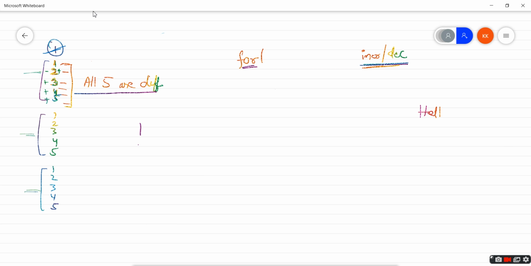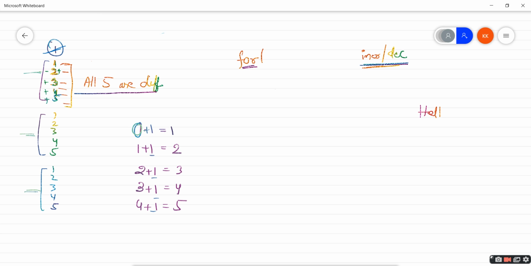1, then 1 plus 1 equals 2, then again 2 plus 1 equals 3, then 3 plus 1 equals 4, 4 plus 1 equals 5. So we can clearly see that this starts from 1, or you can say 0 plus 1. 0 plus 1 equals 1.